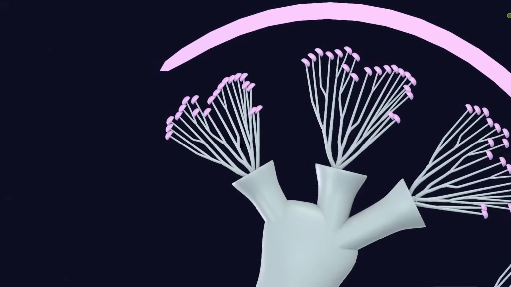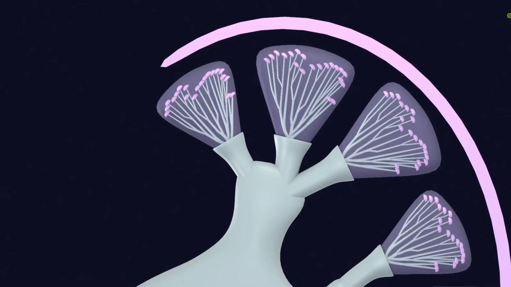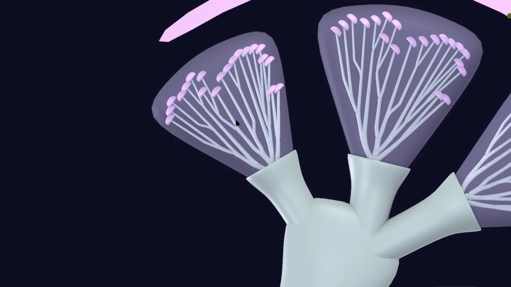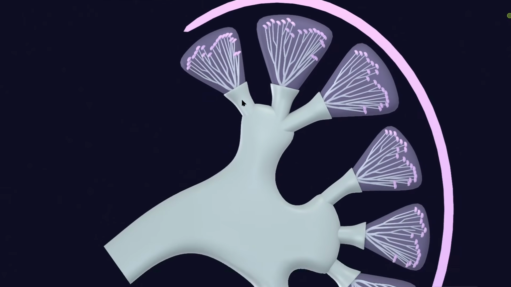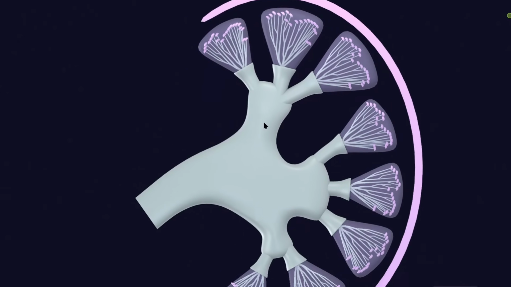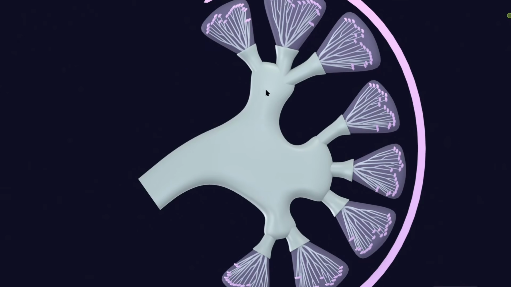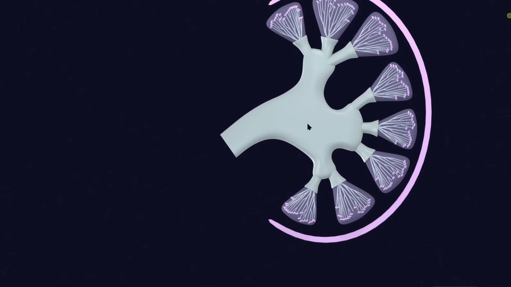So these collecting ducts will ultimately open into the minor calyx, and they are forming a pyramid-like structure. So you can see they are forming sort of a pyramid. Now each of these collecting ducts will collect urine from some of the nephrons, and ultimately they will drain that urine into minor calyx, and these minor calyces will ultimately drain into the major calyx, and major calyx will ultimately drain into the renal pelvis.